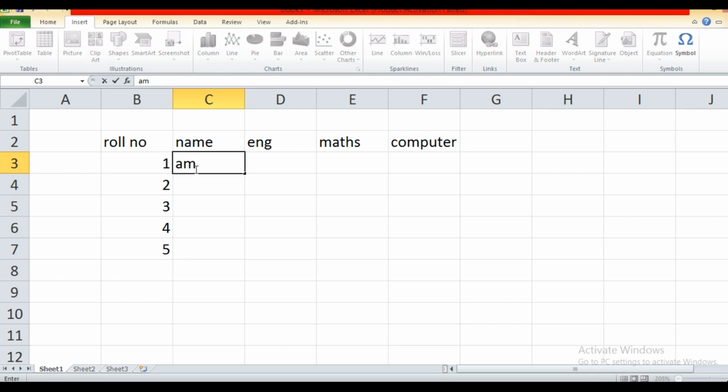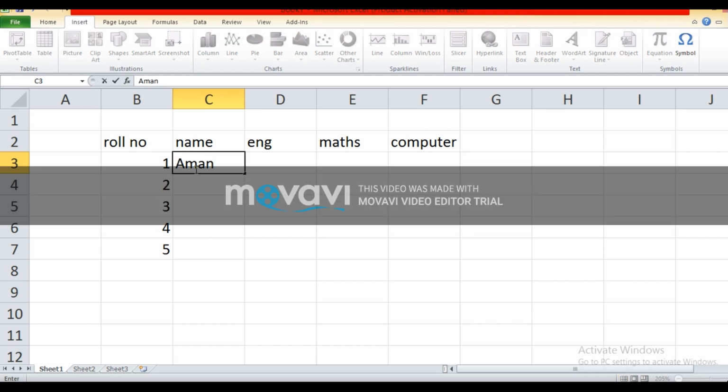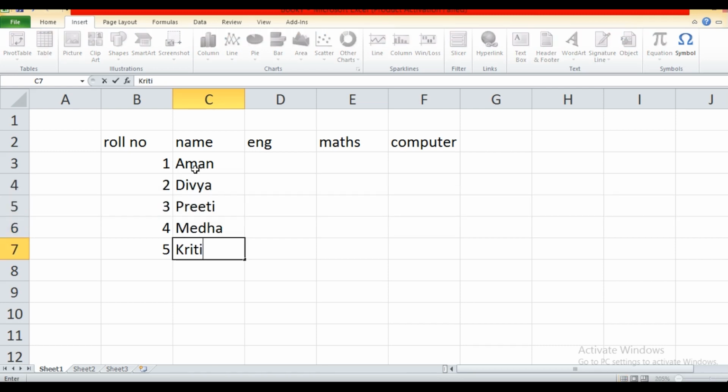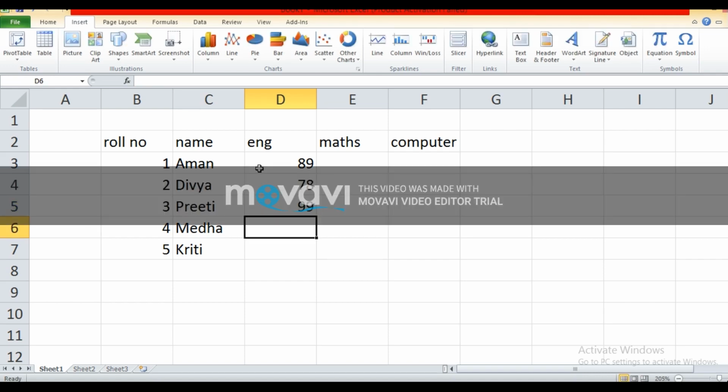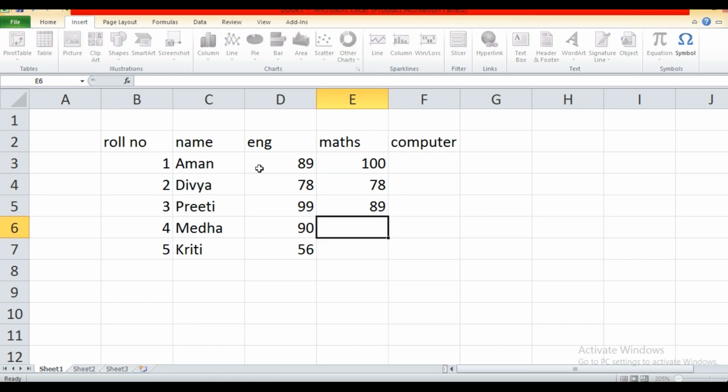Here you have to fill the name, now give them their marks in English. Now enter the marks in maths for the students. Enter the marks for their computer.